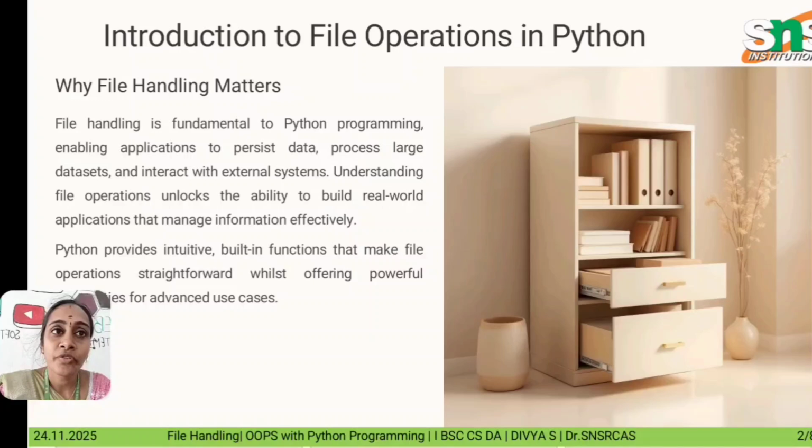So, introduction to file operation in Python: why file handling matters. File handling is fundamental to Python programming, enabling applications to persist data, process large data sets and interact with external systems here. Understanding file operations unlocks the ability to build real world applications that manage information effectively. Python provides built-in functions that make file operations powerful for many use cases